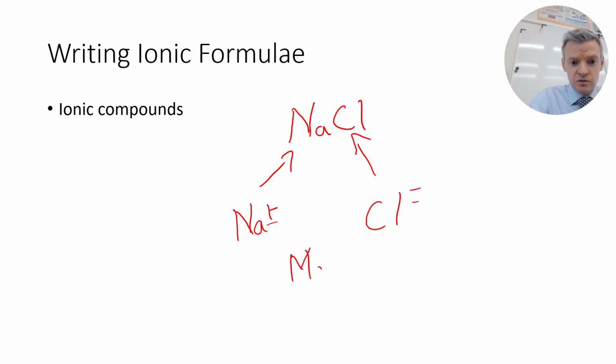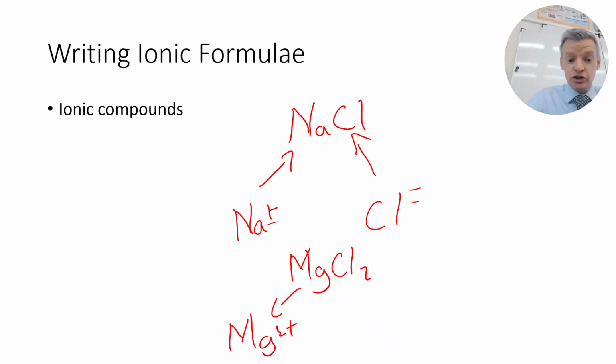MgCl2 is made up of magnesium ions, which are in group 2, so have a charge of +2, and they're made up of chloride ions, which are in group 7 and therefore have a charge of -1. If I was just to put one magnesium with one chloride ion, I would have an overall charge of +1 because I have too many positive charges. So that's why I need another chloride ion to get the 2 negative charges to balance the charge. So MgCl2. I'll give you a slightly more complicated one, which is